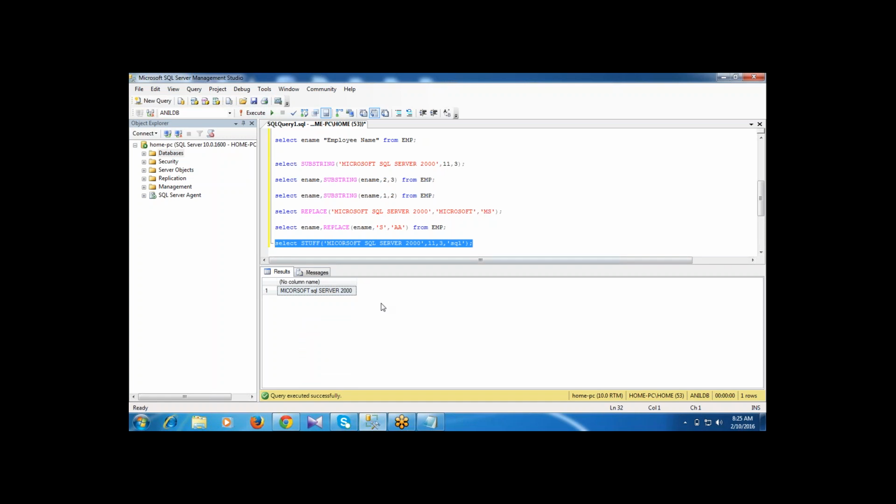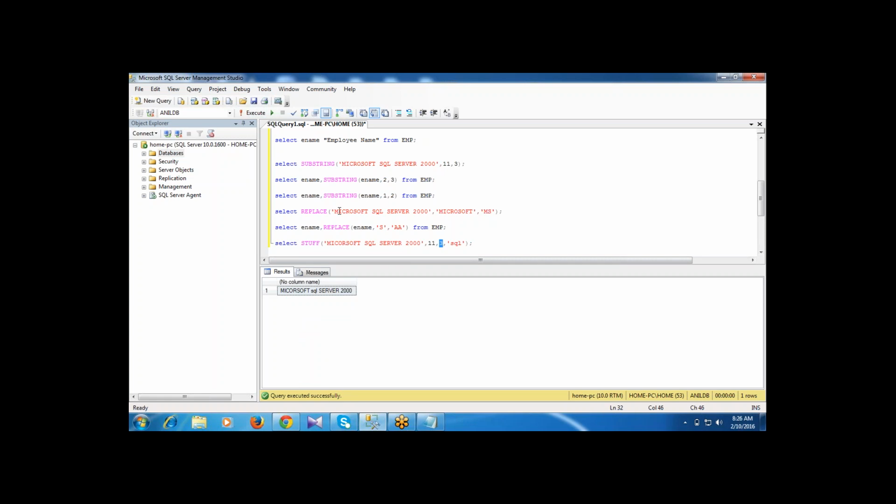We're getting it like this. For the stuff function, we should select the starting position. From the starting position, we should select the length of the characters. How many characters do you want to replace? Only those characters I'm going to replace.